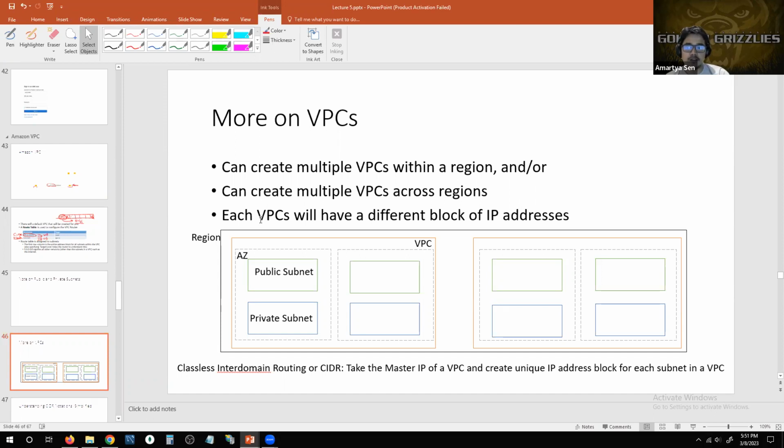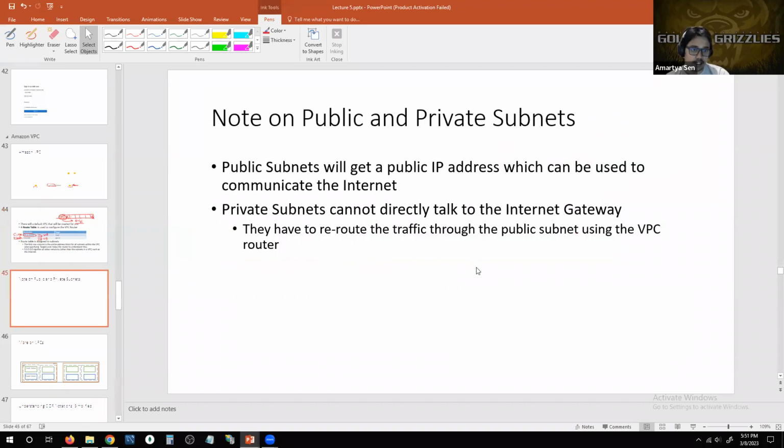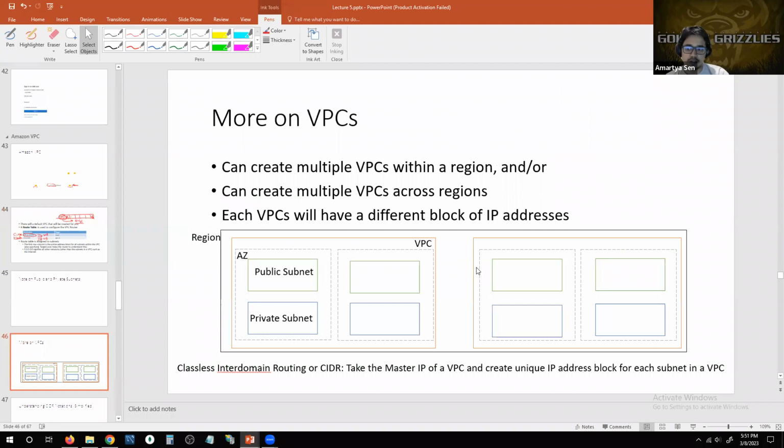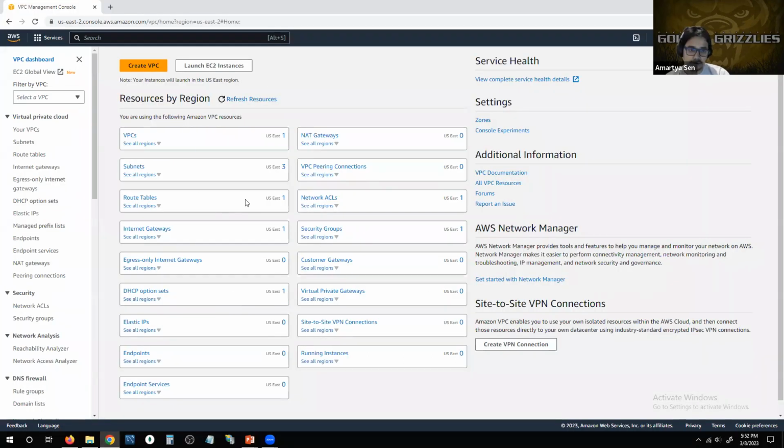You have to keep in mind that each VPC will have a different block, and this is the important emphasis here, a block of IP addresses. For each VPC, there will be a block or range of IP addresses available at your disposal, depending on what kind of IP protocol you're using, for you to assign to the different EC2 instances that you're creating, okay? So let's understand this CIDR block notation, but before we go there, let's look at all of this discussion again